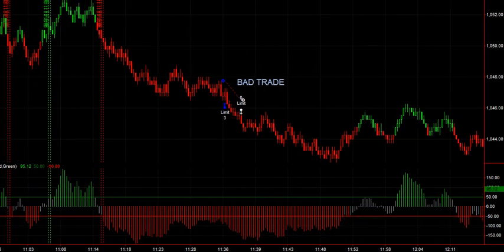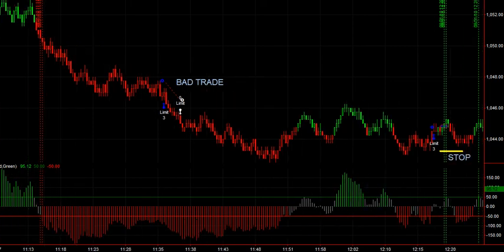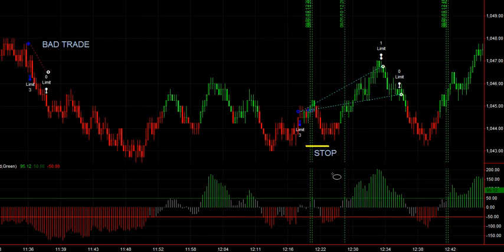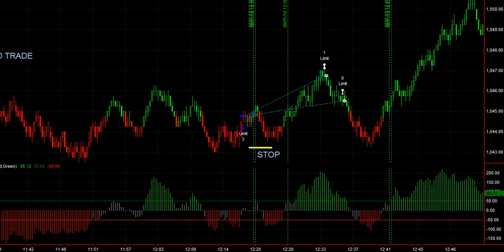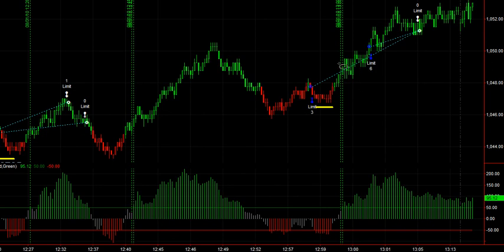There's a bad trade. Had no business taking that trade. You can see that was definitely in, and it actually closed it out over here. It's posting it in the middle of no man's land there, but sometimes it does that. Here was another trade that I did take a little early, but did stretch my stop out a little bit on that. And I had another trade towards the end of the day right in here and added on